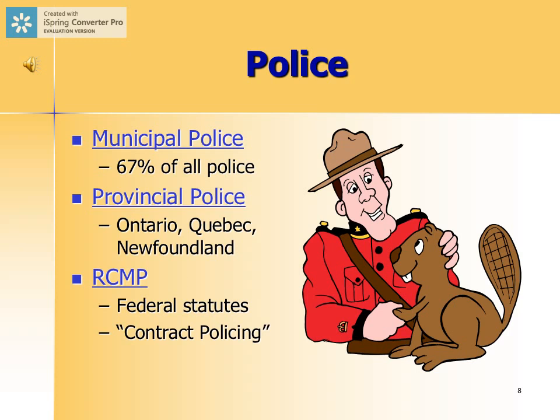So again, just like we have a federal system in Canada that includes municipal, provincial, and federal governments, our police is broken down into municipal, provincial, and federal policing. Although again, the RCMP transcends their role as a federal police force and also provides municipal and provincial policing on contract to certain provinces in this country.